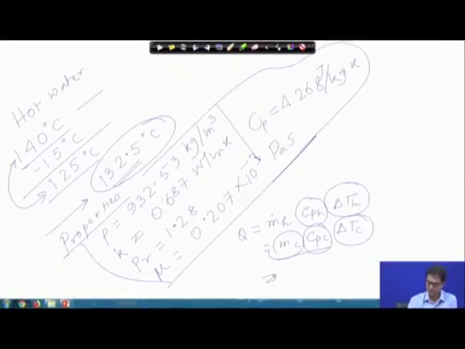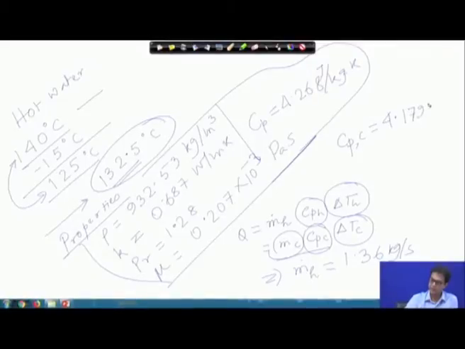From there we can calculate mH dot, and this will come out to be 1.36 kg per second. Cp of the cold water has been taken as